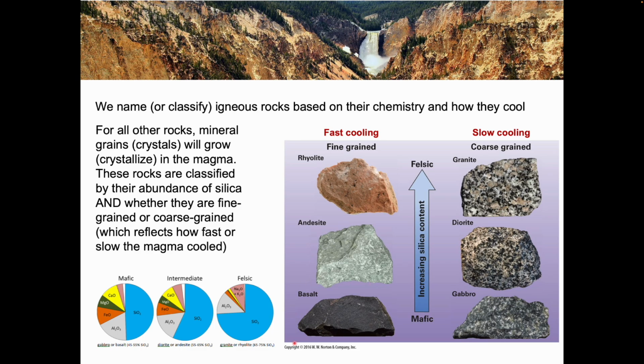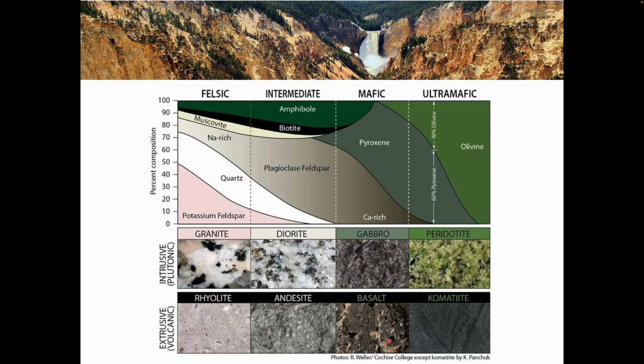We have a lot of basalt here in the Northwest. It's very dark in color, generally very fine-grained as well. This slide shows the mineral abundances that you get in certain kinds of rocks. For felsic rocks on the right, you get a whole suite of minerals, including amphibole, biotite, muscovite, sodium-rich feldspar, quartz,